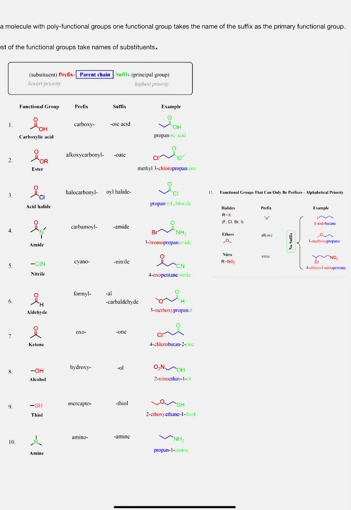What if the molecule is polyfunctional? That is, if more than one functional group is present in the same molecule, only one of the functional groups takes the status of functional group, and the rest of the functional groups are given the status of substituents. And the functional group is chosen according to the priorities given in the following table. So if the functional group has the higher priority or ranking here, it gets the status of the functional group, and the rest of the functional groups get the status of